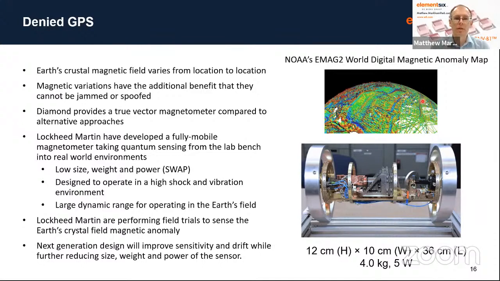Why is diamond useful for this? Well, diamond provides a true vector magnetometer compared to alternative approaches. I mentioned earlier that diamond has 4 different orientations of the NV defect, so you can use all of those and build up a true 3D vector map. Lockheed Martin have developed this fully mobile magnetometer and really taken it from the